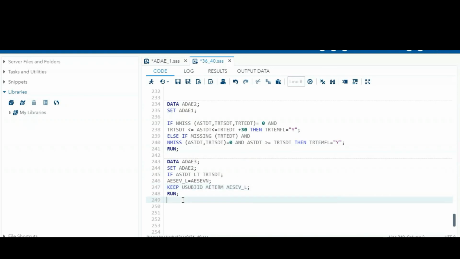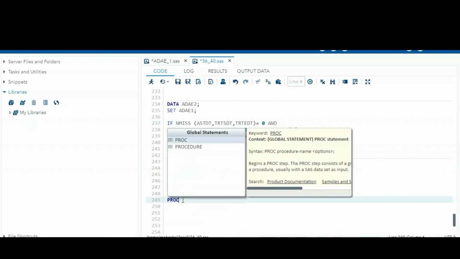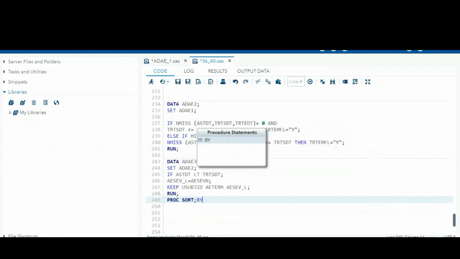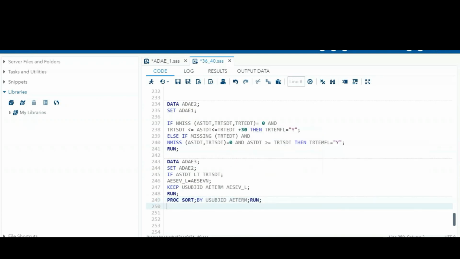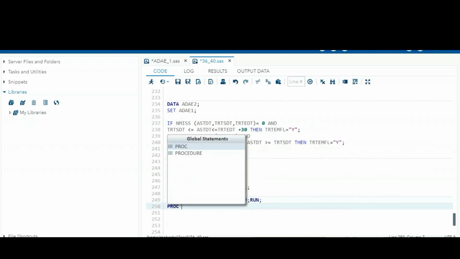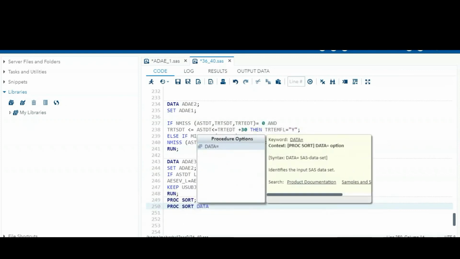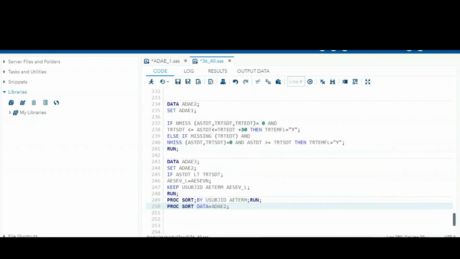After that, just sort the data set subject wise, AE term wise. The same way, you have to sort the ADAE2 data set by subject wise and AE term wise.